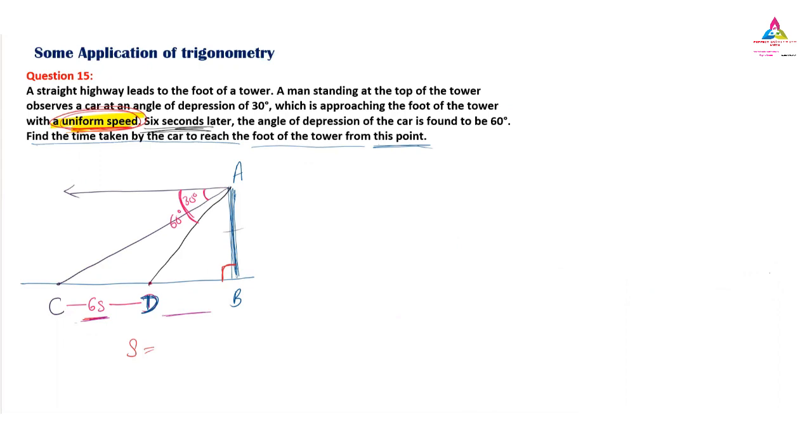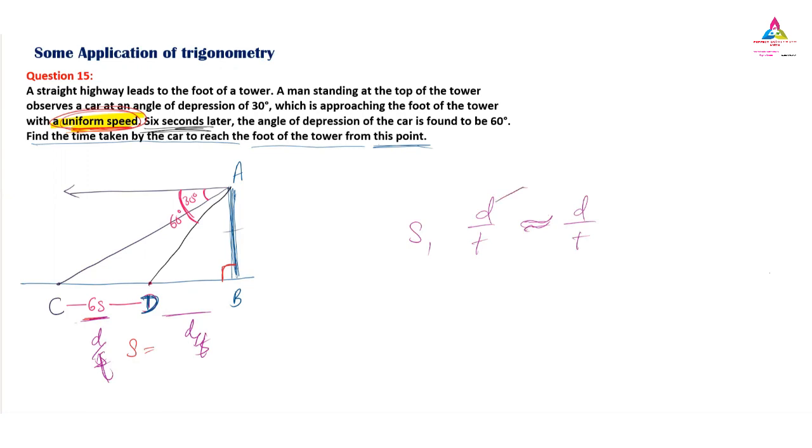So here they have given that the speed is uniform. So the first speed and the second speed will be the same. So distance by time will be similar to another distance by time. How much is distance by time here? The same distance by time will be here. And importantly, all will remain the same.